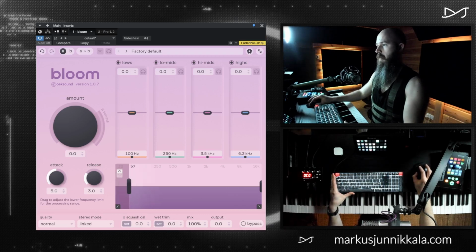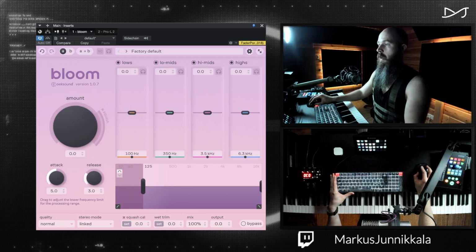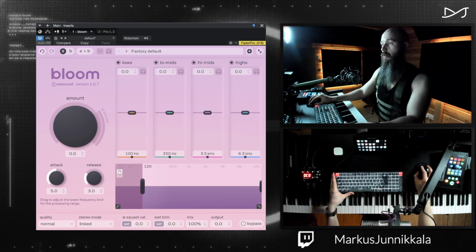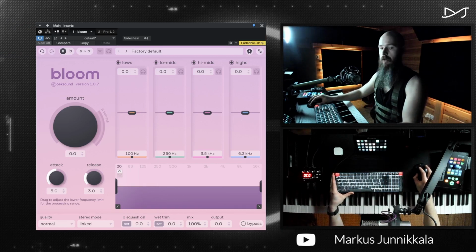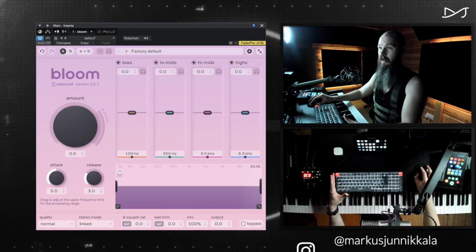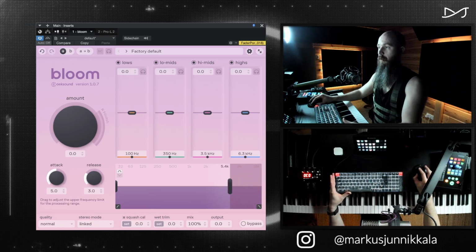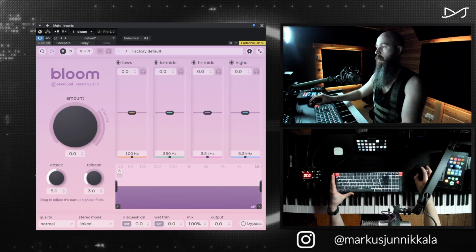Also, these black bars to the side do exactly what you'd expect them to do, which is to filter out areas that you don't want to have processed. This is good if you know your low end is locked in and sounding really sweet, or high end. In this case, if we didn't want any processing on the high end, which is often the case with these shapers, you can just pull it back and have it be out. Super good control. In the corners you have